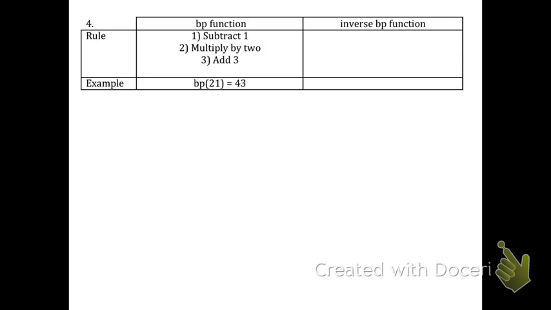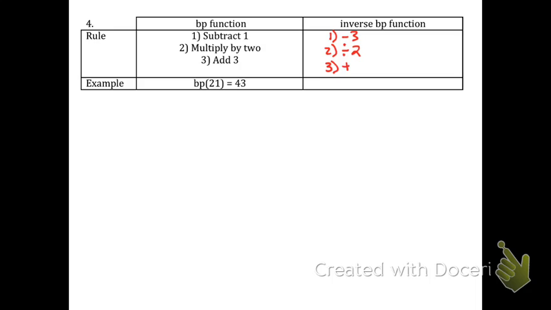Alright, the inverse BP function. Our last step for the BP function was to add 3, so I'll undo that by subtracting 3. Next step, multiply by 2. I'll undo that by dividing by 2. And then the very first step of the BP function, I'll undo that by doing the opposite of subtract 1,